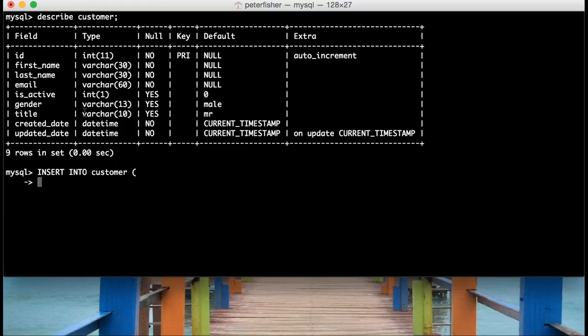So I'm going to do two examples. The first example, I'm going to insert a record with all the fields supplied, and on the second example, I'll only supply the minimum set of fields that this table can use. So let's add a comma separated list of all the fields. So for ID, first name, last name, email, is active,